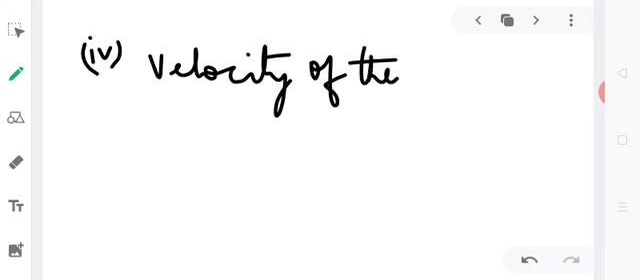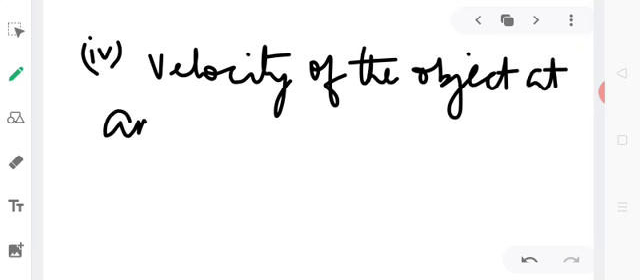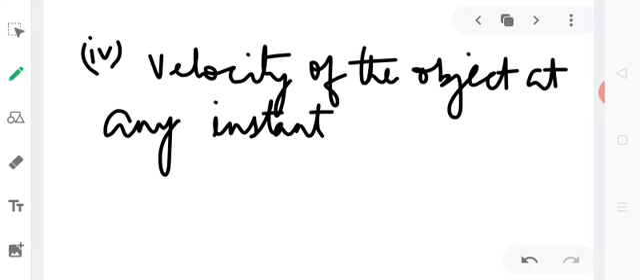Velocity of the object at any instant. At the instant t, the object possesses two perpendicular velocities. The horizontal velocity, if we denote it by Vx, that is equal to u, and the vertical velocity, obviously vertical velocity Vy. So this can be obtained using the relation